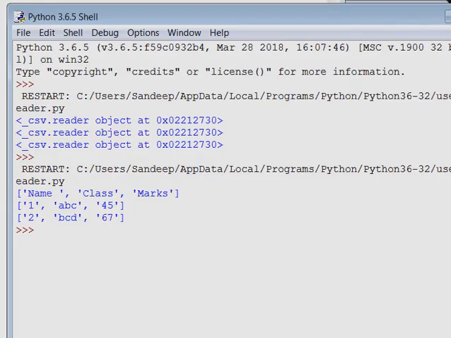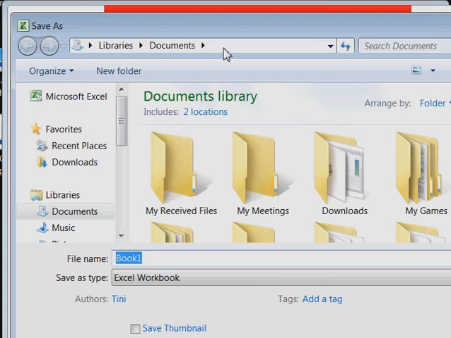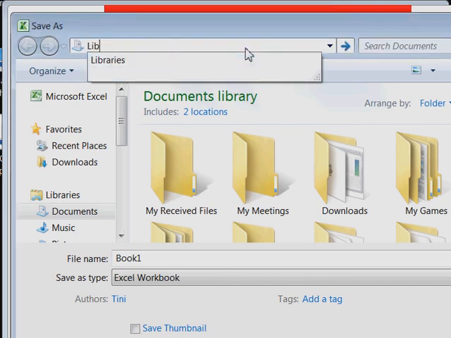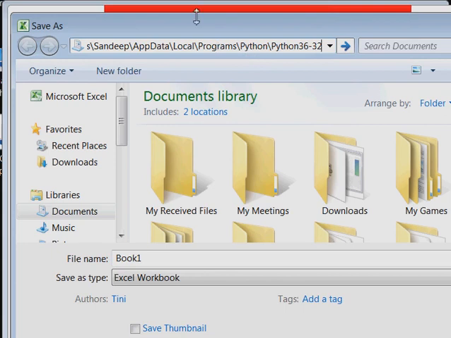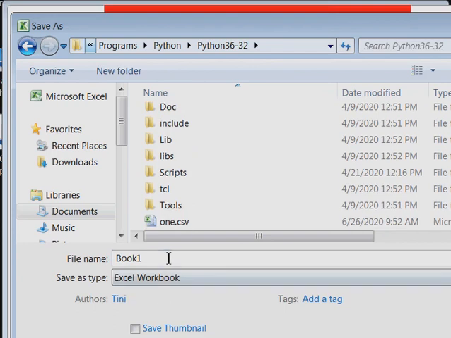Now I am closing the IDLE screen, and in MS Excel, in the Save As dialog box, I am pressing Ctrl V to paste. If you press enter you will go to this folder where your Python files are saved. I am giving it the name n.csv, writing the extension .csv.